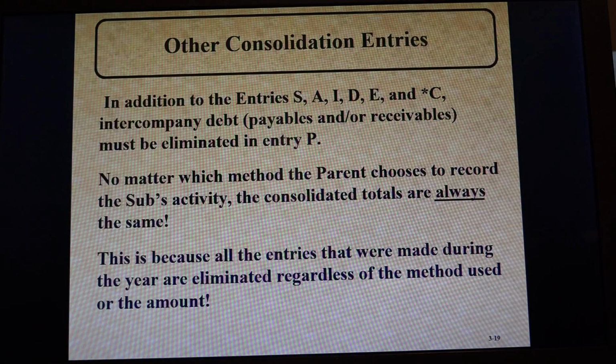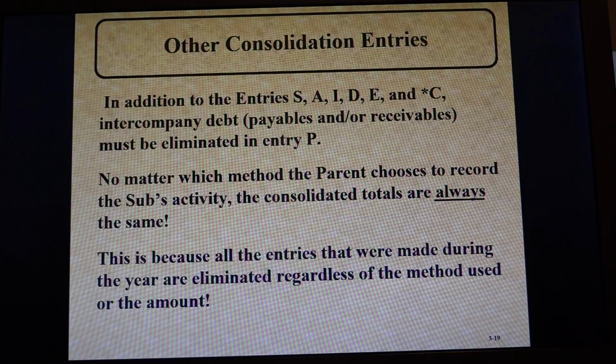And you would debit liabilities for $40,000. You're taking it out of the sub's liabilities by debiting that $40,000. So that's the only other entry that you might have to make if there's intra-entity debt. Now note here,